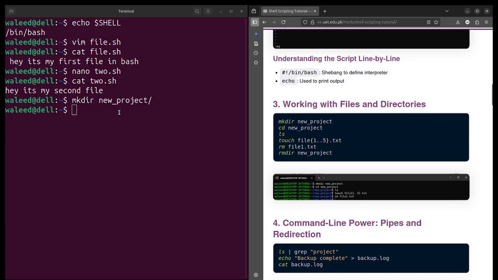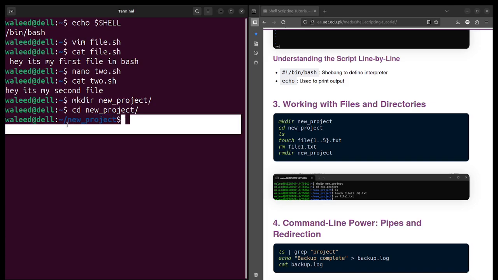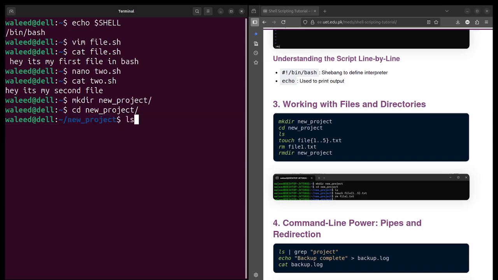If you want to go inside your folder, you just have to type cd and then the name, and now I am inside new project. Now ls will give you the list of all the files inside this folder. As for now, I have no file, so it is giving me nothing.